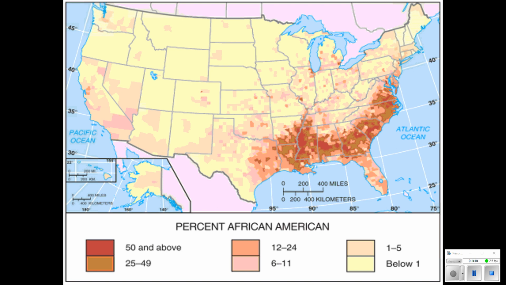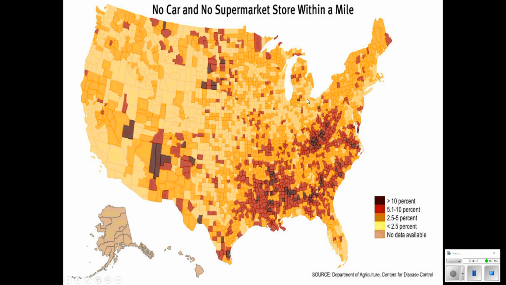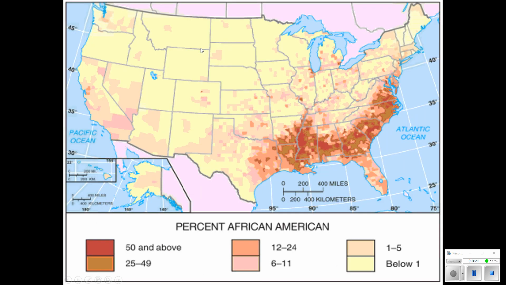So, a lot of times we want to make it all about race, and a lot of times it's also about place. And certainly you can see some of the urban places. Here's Detroit, here's Chicago. So that's a phenomenon that we can see. But then I also want you to go back and look here at the Four Corners area and out here in the Dakotas.